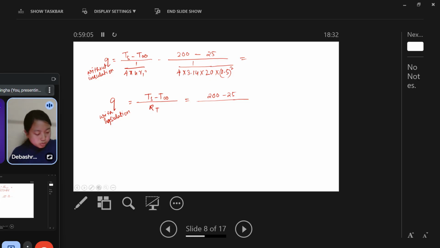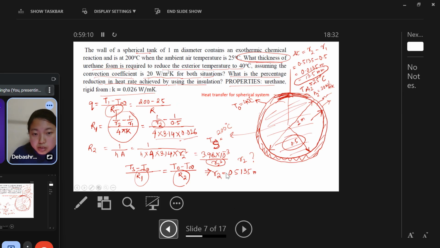So you just have to substitute the values from the previous. This R2 value you can substitute in this first resistance and second resistance R2 here, and you can find out what the resistances are. And even here also you can substitute and find out what is the capital R1 and R2. Then you can find out what is the total resistance. After finding the total resistance,